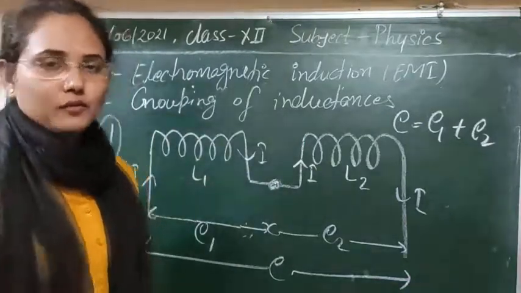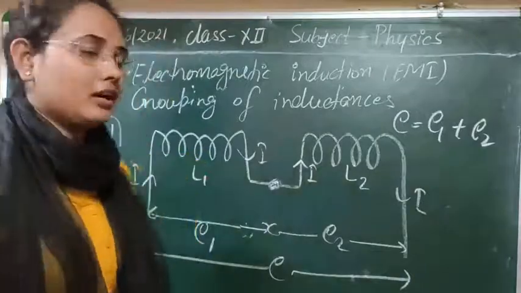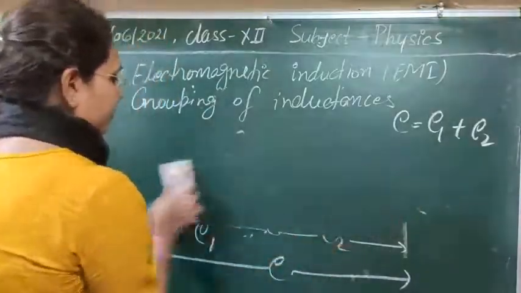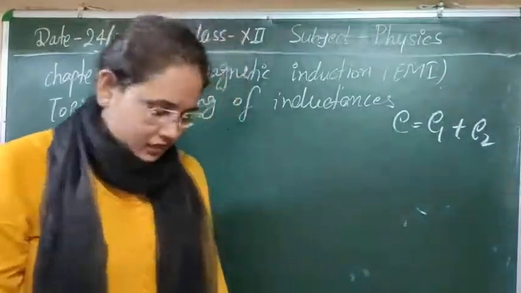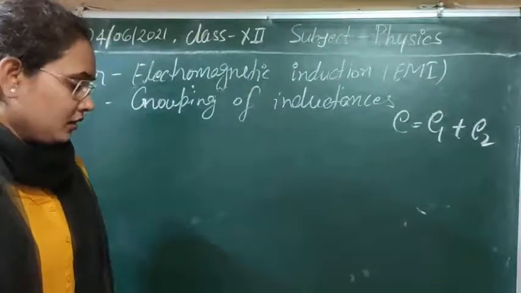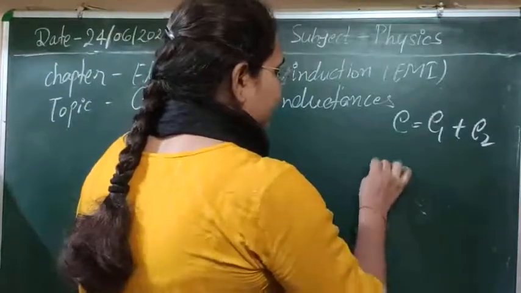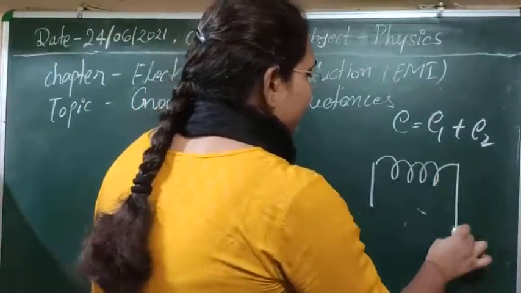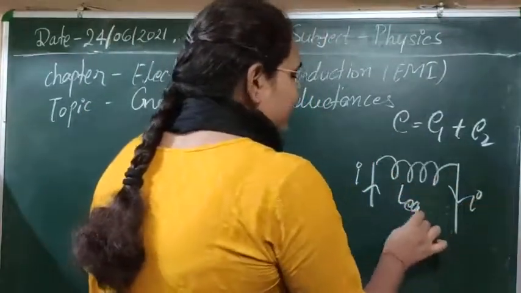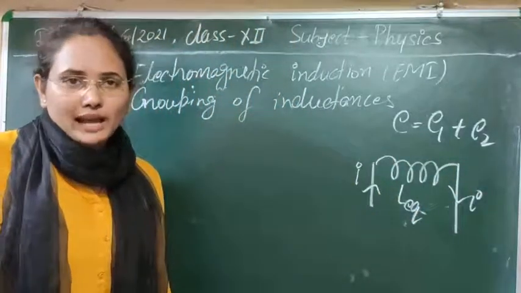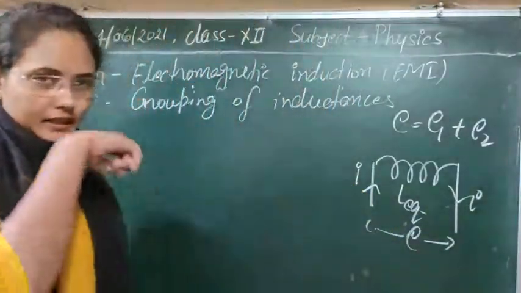Now you can utilize the formulas that we have written before. Let's use all these formulae. Due to less space, I have to rub it out. Next, students, you can suppose that in place of the two coupled coils, we replace them by one coil in which current I is flowing, whose inductance is equal to L equivalent, and the induced EMF is capital E here. Clear?